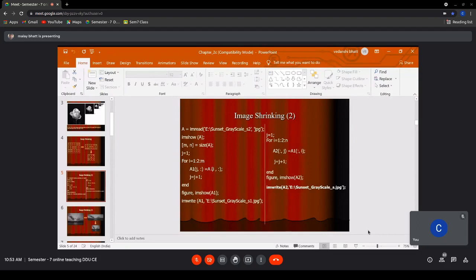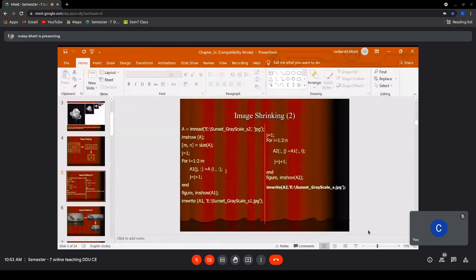So we are considering row number 1, then we'll consider row number 3, and column is indicating all the columns. So basically we are going row by row as we have done. So first row is 1, then third row, because the increment is by 2. So first, third, fifth, that's how you are getting the A1 image.